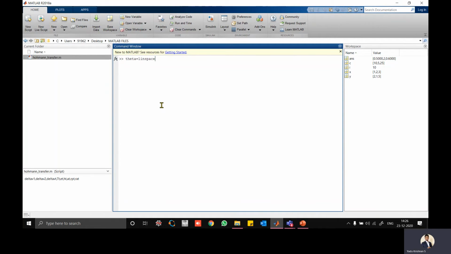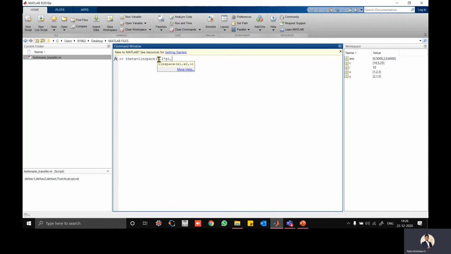Linspace is basically you have a line, the complete line, and you are making so many spaces in between. The syntax will be like this: linspace, your initial value, that is 0, and your final value, that is 2 pi. Don't forget to put that star here, 2 pi, and how many divisions you want.